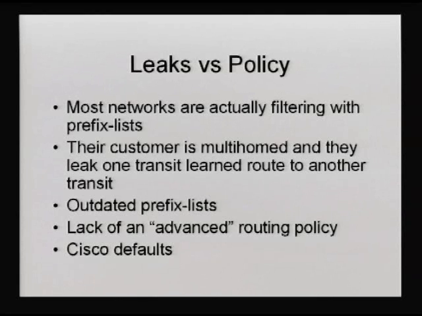And so then you end up with a case where you've got some of those leaks going on. And this is basically because they're not doing some advanced policy where they local pref their customer routes different from their peer routes, different from their transit routes. They're basically just using the default, in most cases the Cisco config. And in some cases there's outdated prefix lists, but that really is more on the major network side, because people don't always inform, hey, I lost this customer. Can you take that prefix out of my prefix list?